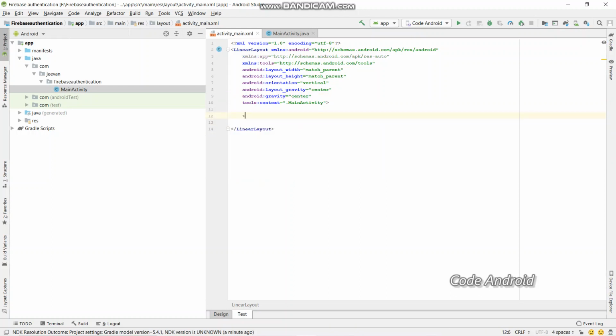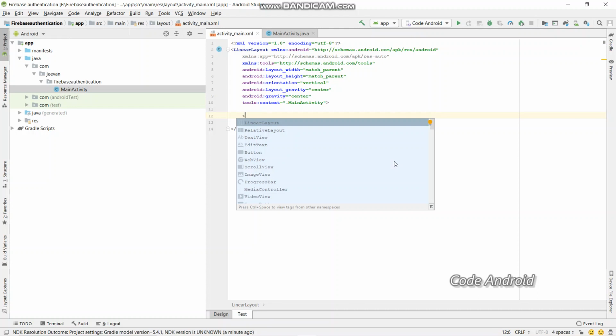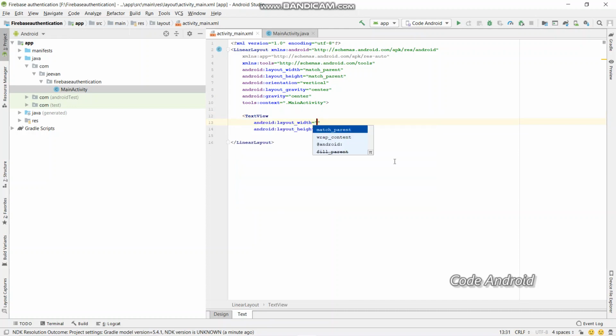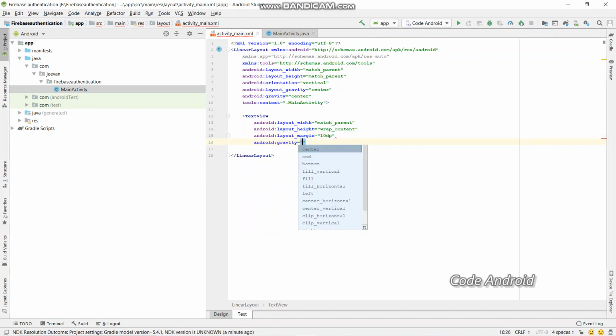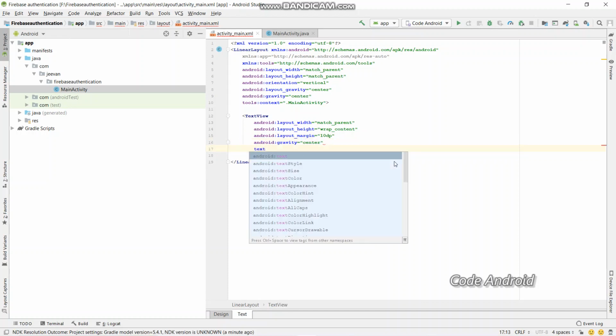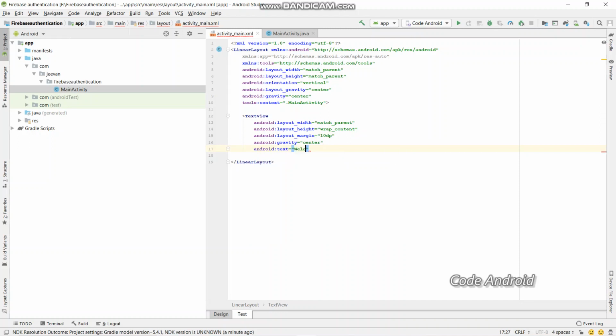Remove this text view and add our own text view, match parent and wrap content, and have layout margin as 10 dp and gravity center, and let the text be welcome to Firebase authentication,